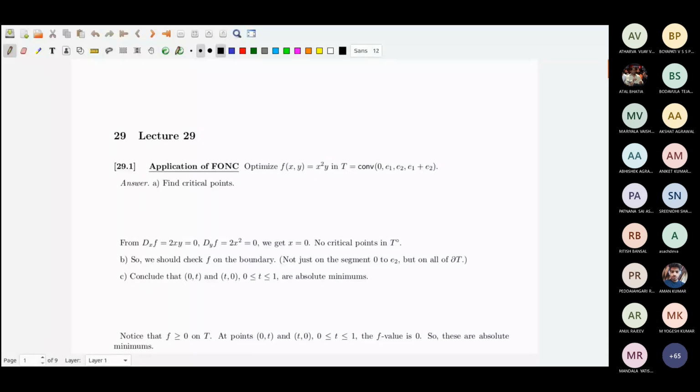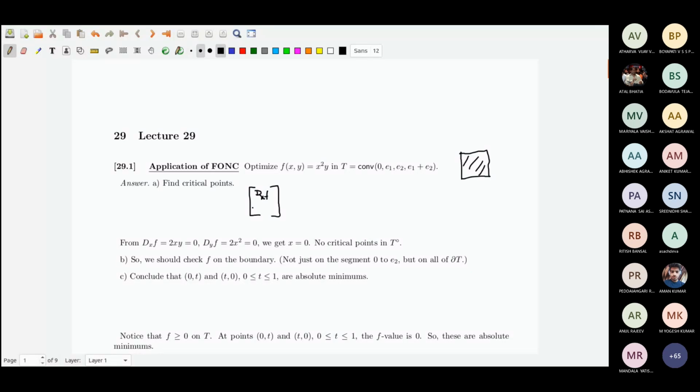So suppose we have one problem like f(x, y) equal to x square y, and we want to optimize that over the square plate that connects (0, 0), (1, 0), (1, 1), that's where we want to do. So okay, then what you do now, you first find out dxf and then dyf, that is the partial derivative.